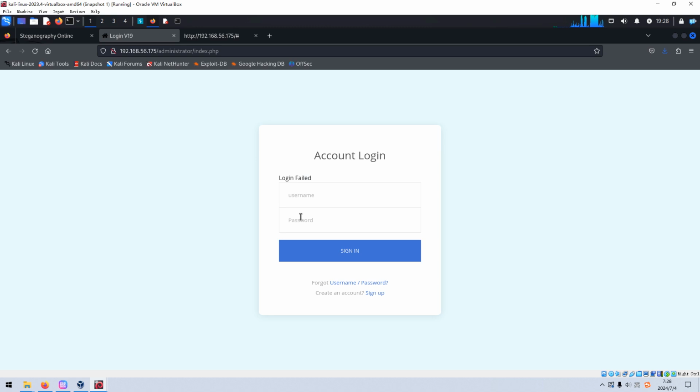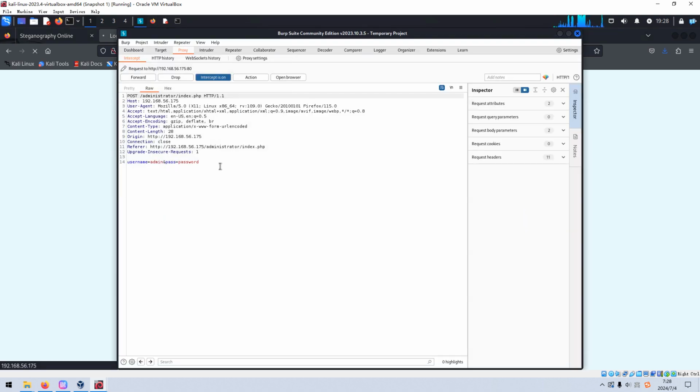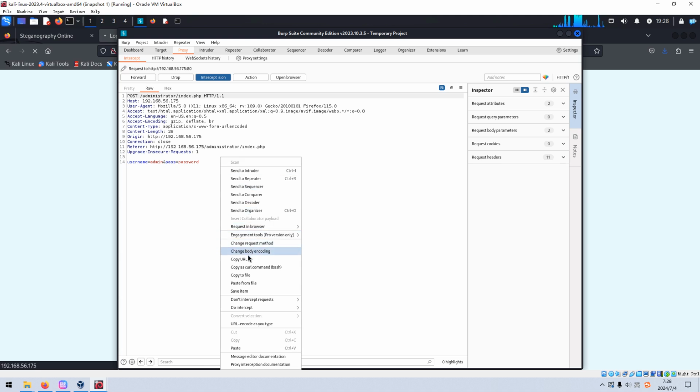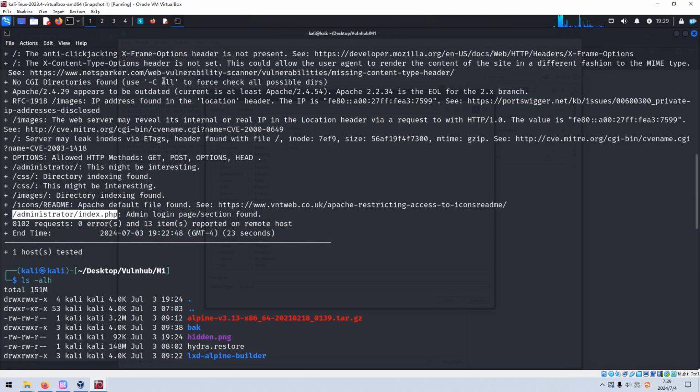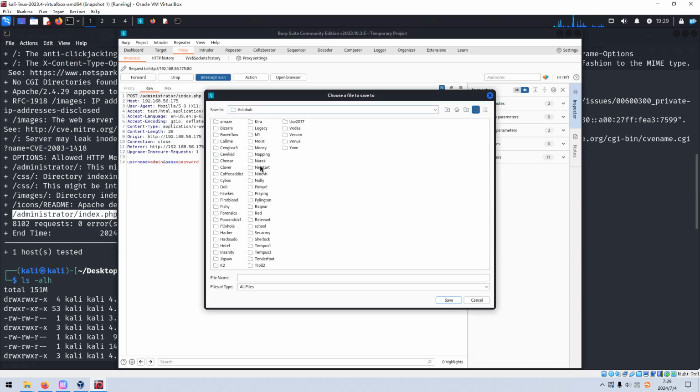Let me show you what I mean. We enter admin and password, especially since we want to test against the HTTP POST, and then we can copy the request to a file, and navigate to our working directory. Which one is it? I need to check. Yeah, this one. And we can name it